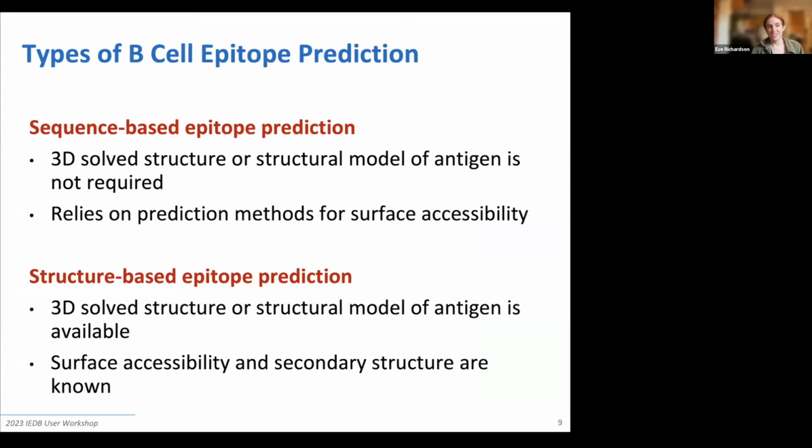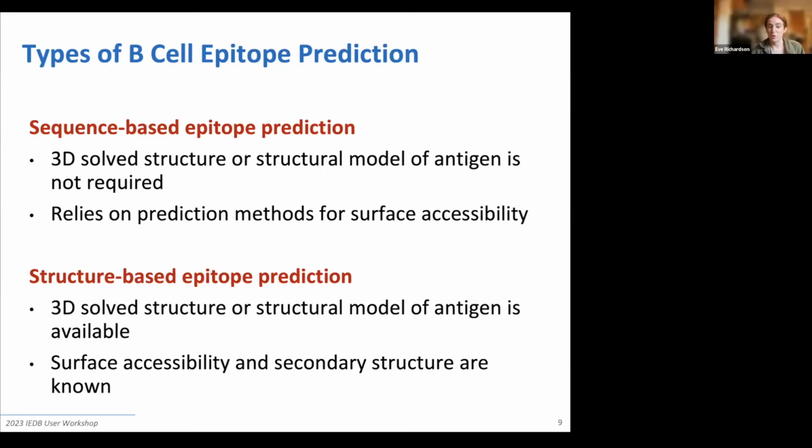As I said, we have the sequence-based epitope prediction, which was our first header, but we do also have the structure-based epitope prediction. And you may be questioning when to use one or the other. In previous years, sequence-based epitope prediction was often your only option if you didn't have a 3D solved structure, before AlphaFold 2 and before structural modeling of antigens became much easier and much better. Because of AlphaFold 2, now very often you will be able to find a 3D solved structure